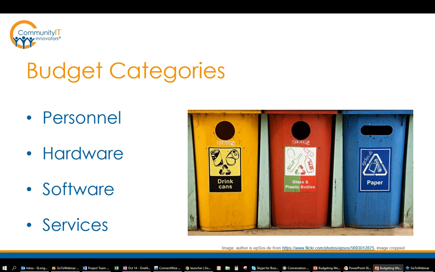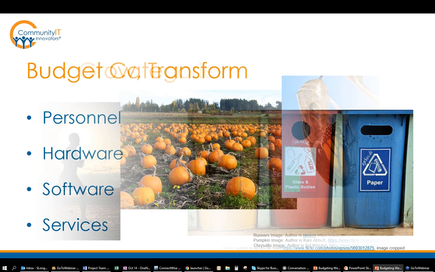Moving forward, the hardware is another category that can be used, and it's self-explanatory. But some examples are servers or switches, peripherals such as printers, even desktops, laptops, firewalls, and so on and so forth. Along with the hardware cost, there's the residual cost of installation, as well as maintenance contracts and warranties. When reviewing software, software such as Microsoft Office, Blackbaud, or even Adobe software is something where you can pay up front, or it could even be subscription based.